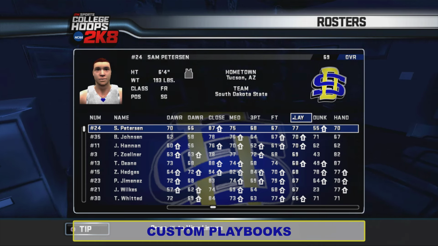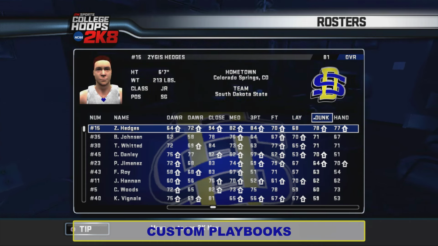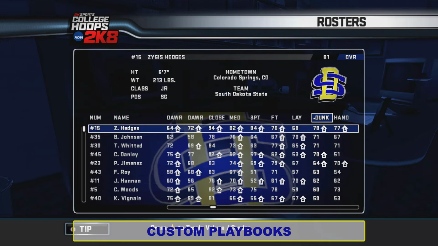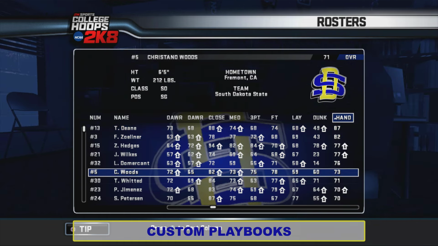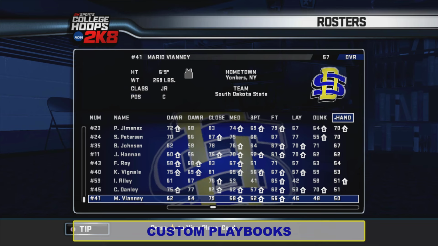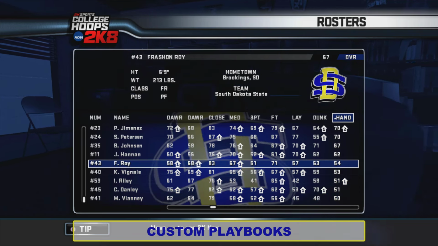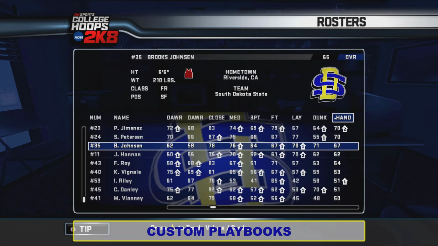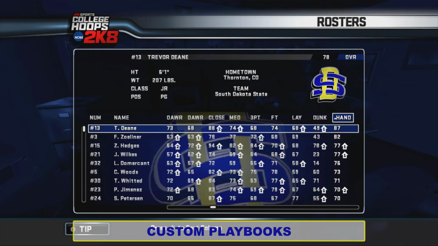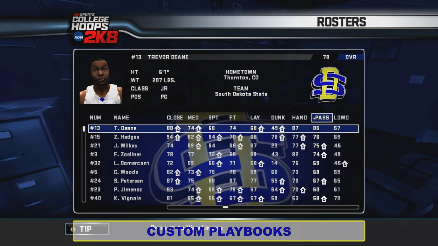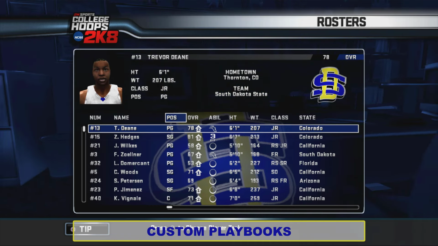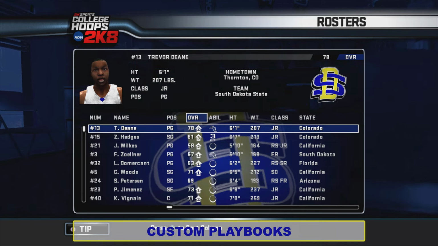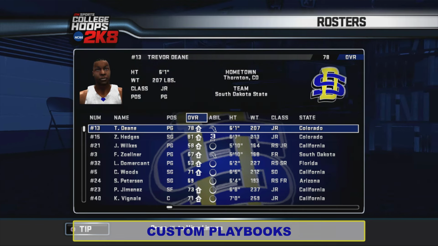Okay, with free throws, not mind-bogglingly good. Dunking is... Our handling is actually pretty decent. The guys who are lower rated are front court guys and walk-ons, so that's good. All right, so I think for a team like this, I would build a playbook that,